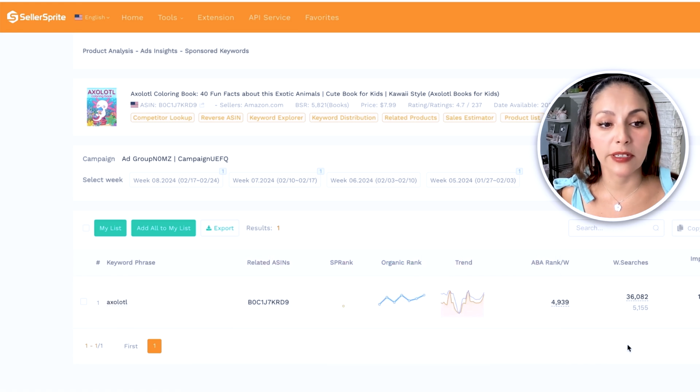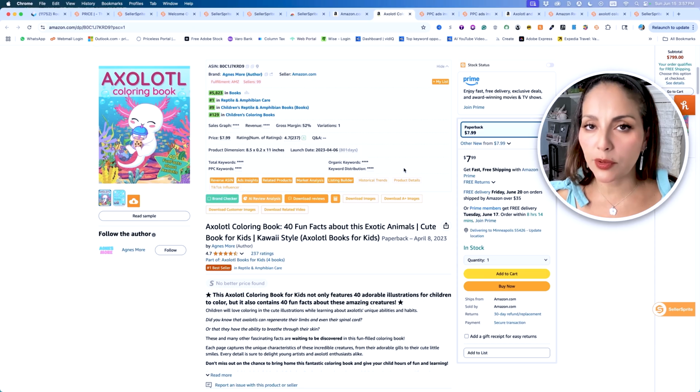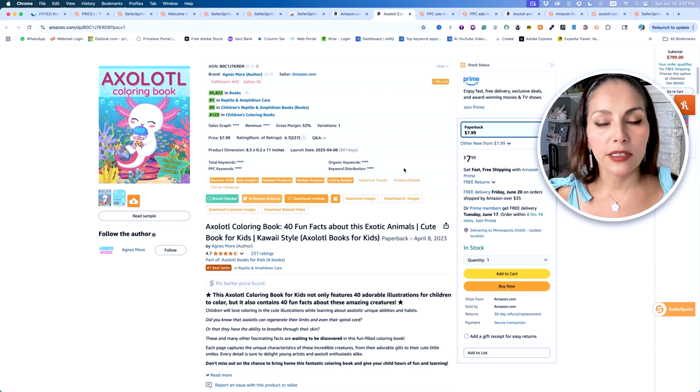They didn't even use a keyword book. It was just axolotl. It shows us the trend. We also analyzed that previously, and axolotl is on the up and up. So this is all extremely valuable information, not only for Amazon FBA, but also for Amazon KDP, because as you